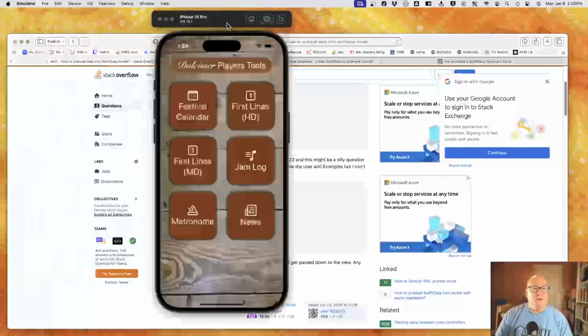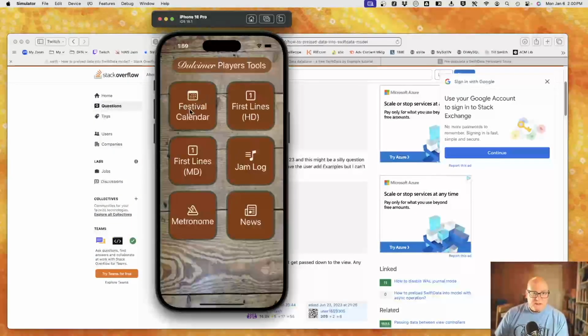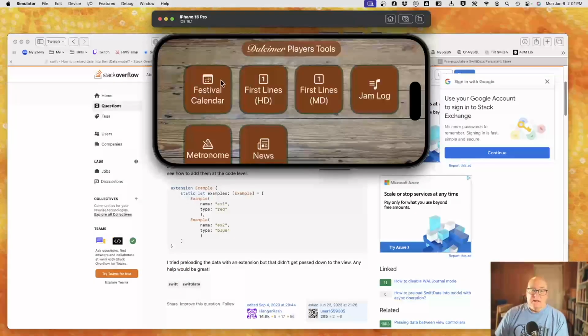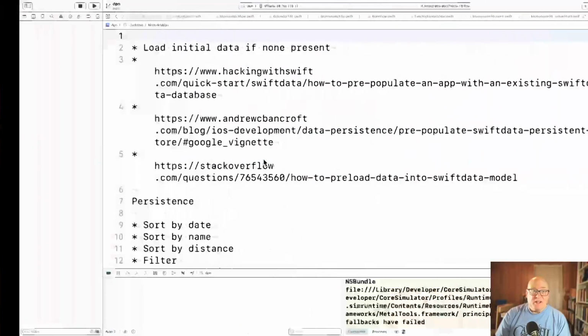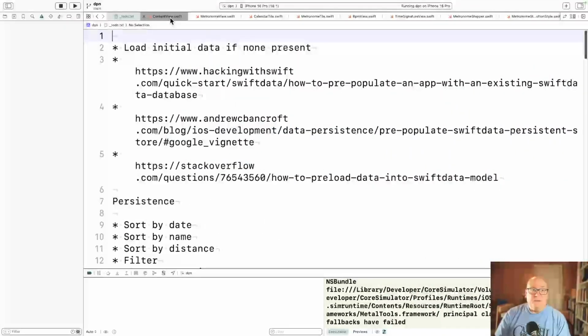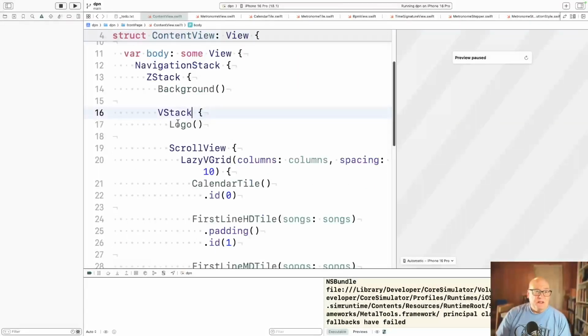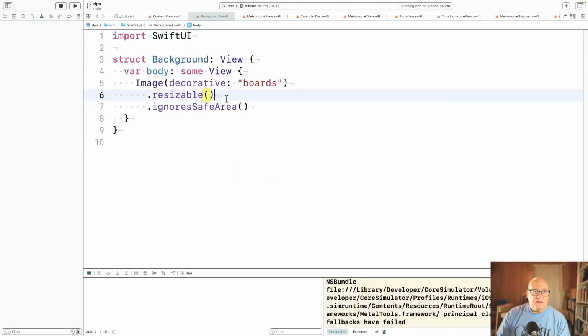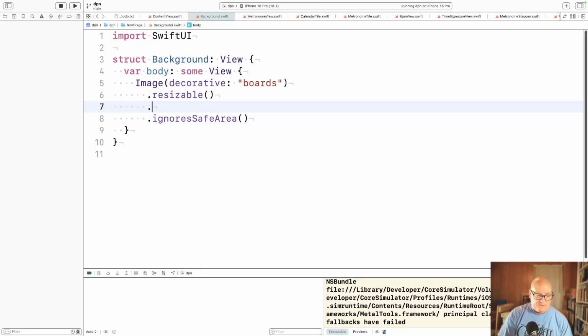The first one was I got this grid view working. So this is the lazy V grid, which will reshape depending on how things go. Let's rotate, and now I get 4 per line, and it all does its thing. What it came down to was we had our background, and originally we had